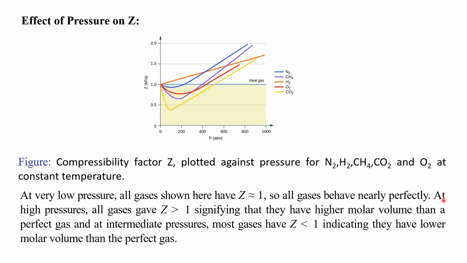So all gases behave nearly perfectly at very low pressure. At high pressure, all gases show Z greater than 1. You see, the value of Z at high pressure is greater than 1. It signifies that they have a higher molar volume than a perfect gas. At intermediate pressure, most gases have Z less than 1. So for intermediate pressure here, except hydrogen,